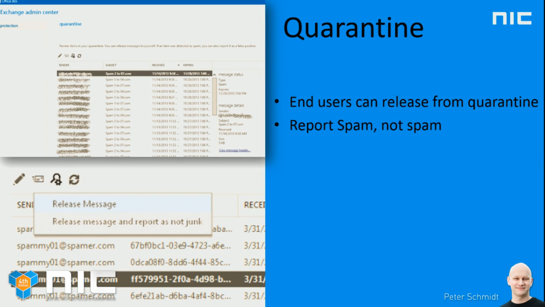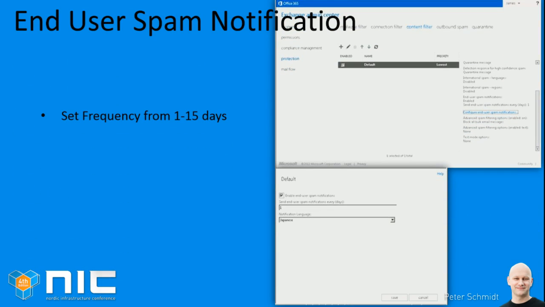The end users can access the quarantine area, which is web-based, where they are able to release the mails that have been caught in the system. But you're also able to set up a report for the end users. In that case, the quarantine access can be a bit more transparent to the users,